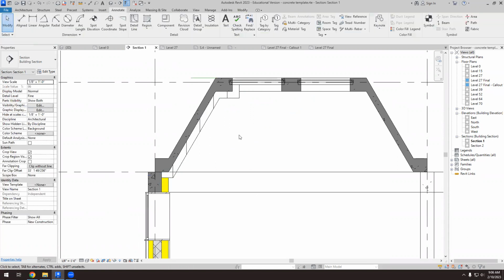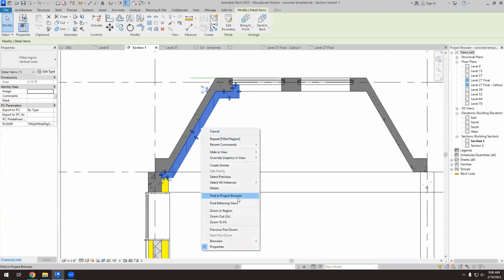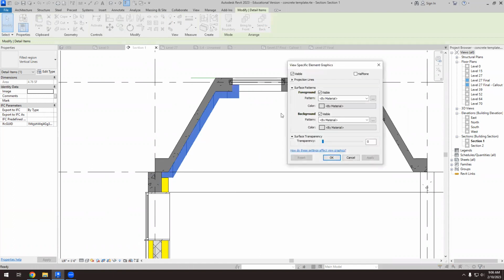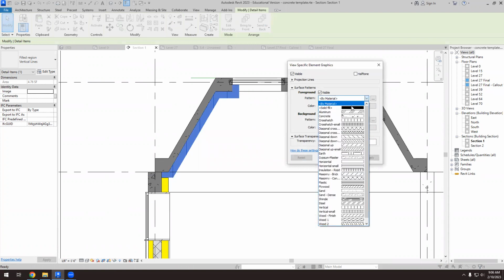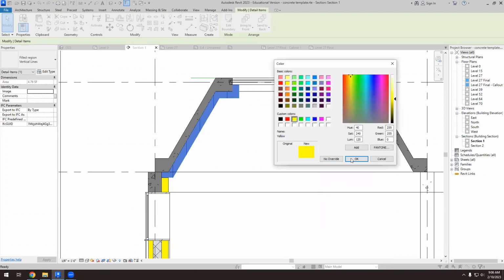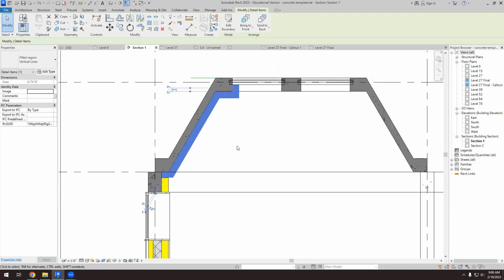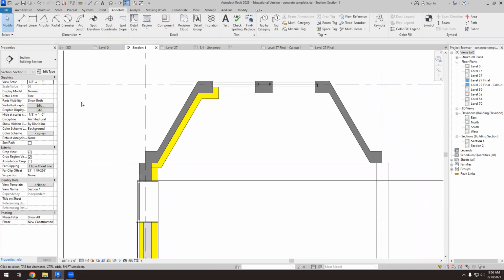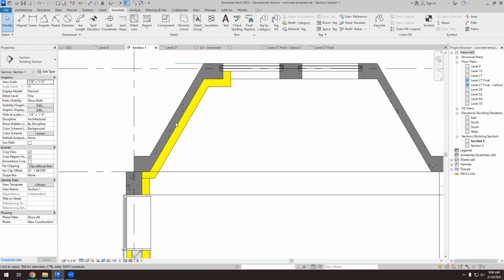And then I do this, and now I have to override graphics, and that will be yellow. Okay, so now at least I have an element that is concrete outside, and we have thermal insulation inside, and